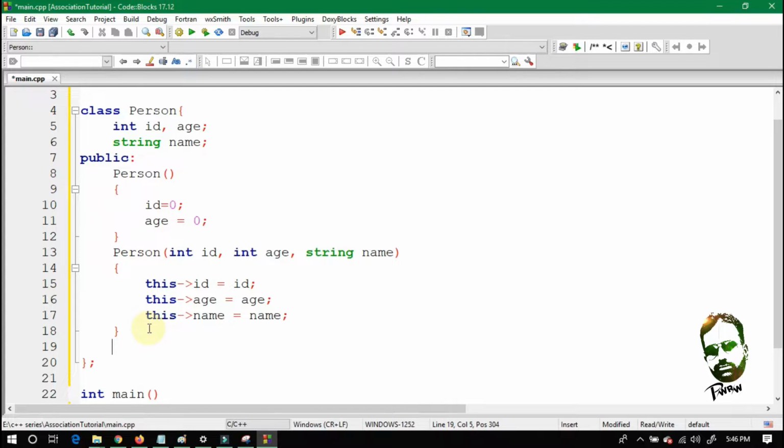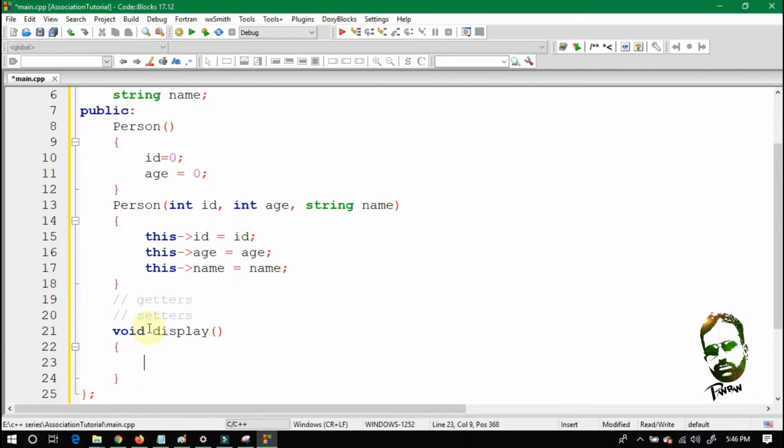And there are some getters and setters here. I am not going to write these getters and setters, so you should write them at your end. I am just going to write a display method which will display the information of this person.